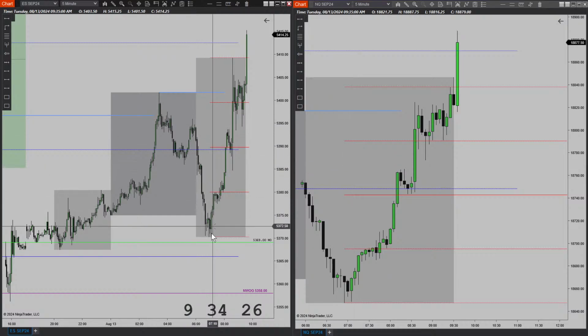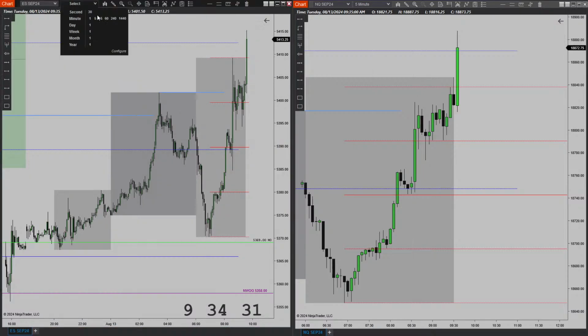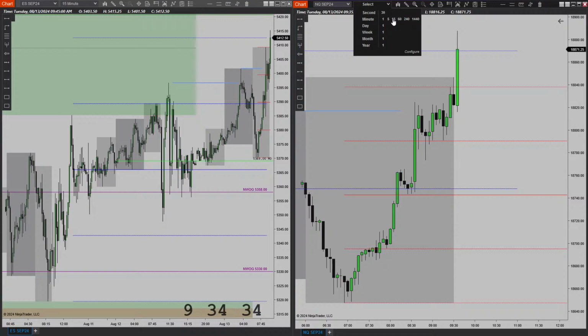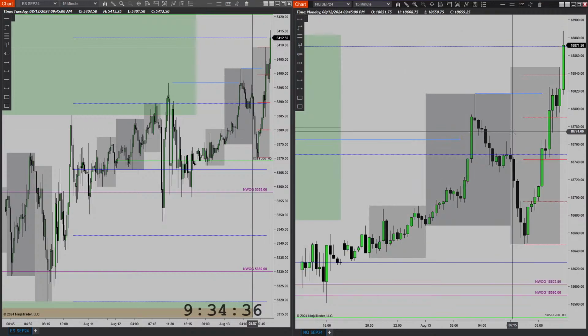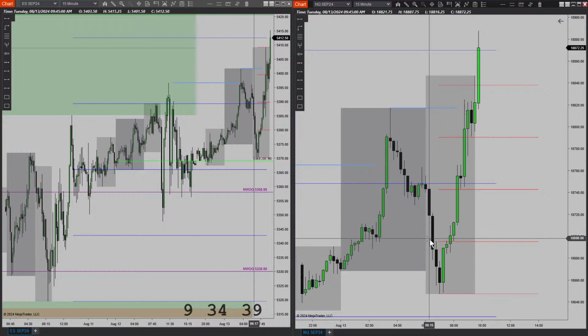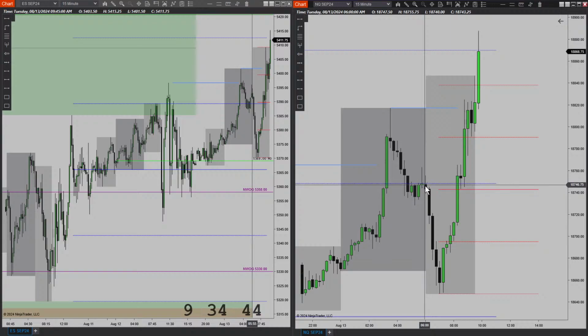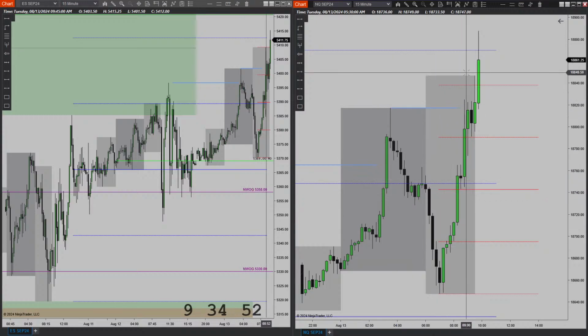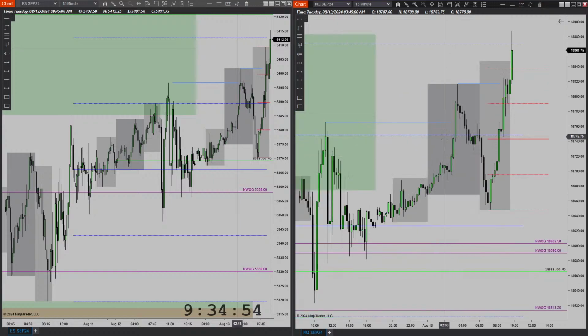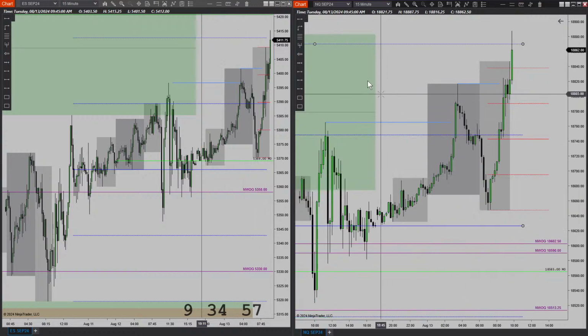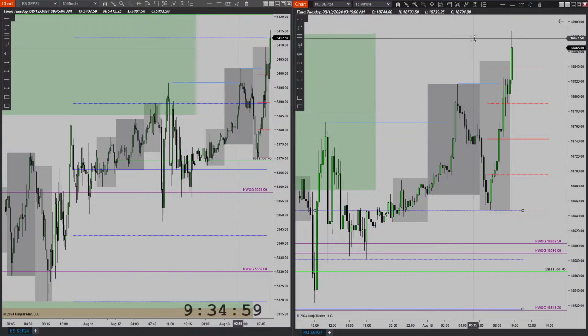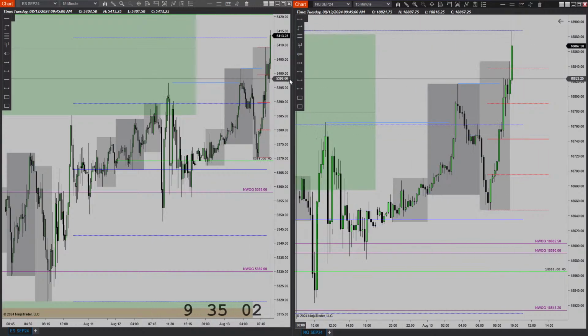So we do have a 15-minute unicorn setup here. Yep, right here. We have the 15-minute unicorn setup where price closed above the body of this candle, and these two consecutive up close candles are the breaker. And then obviously price targeted these highs here. Here we are getting a sharp wick here.